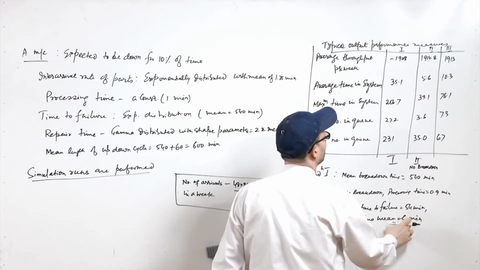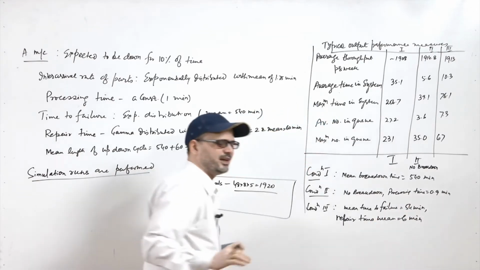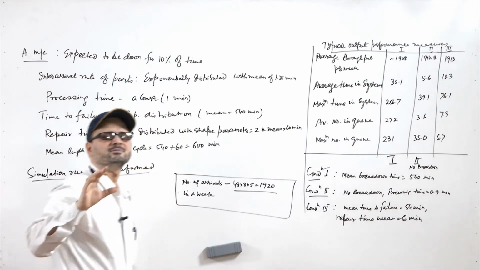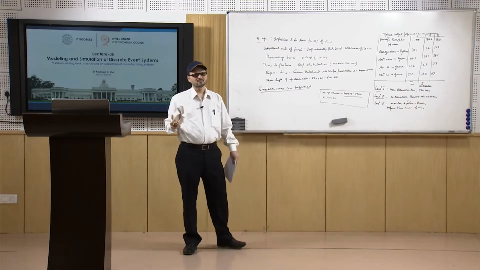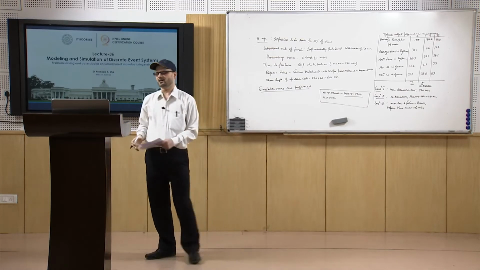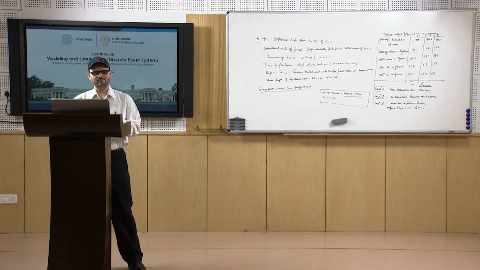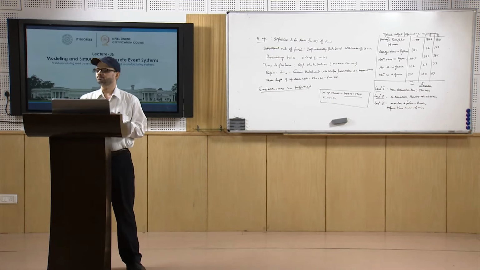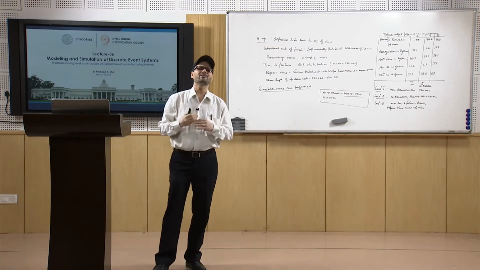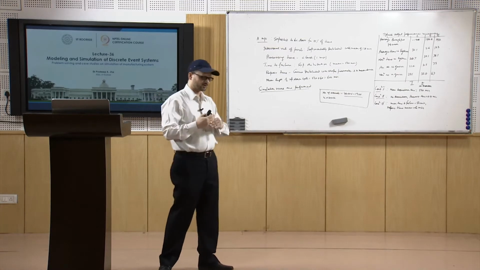So, these values changing, these parameters changing, ultimately the output performance measures are changed. So, what we see is that these values basically affect the system. Now, let us see what happens when we do not have these data. In that case, we must have